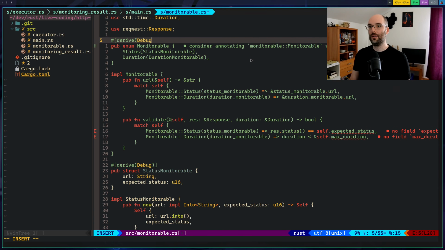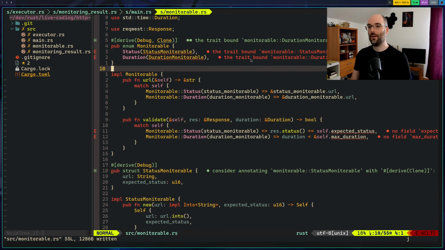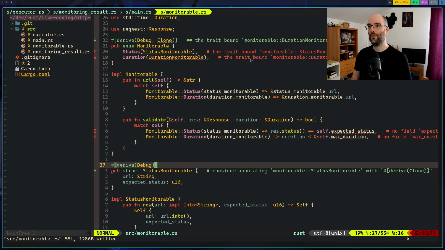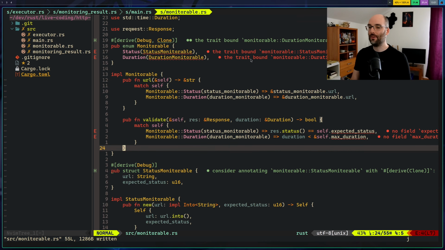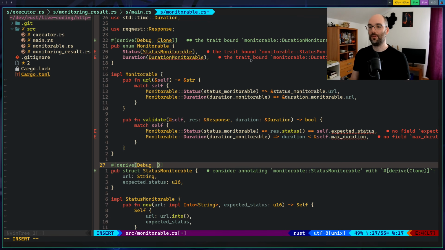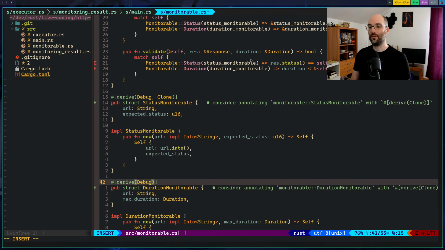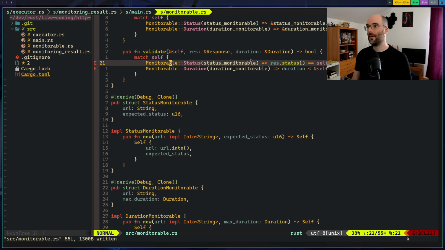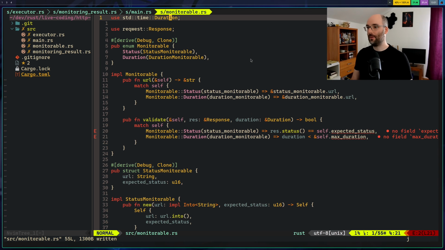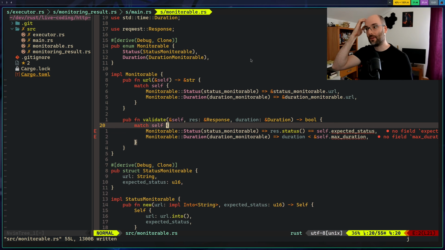So what do we derive here? I think Debug is good. I think Clone should also be derived here. And therefore they'll have... oh, that's the whole Clone thing again. But now it's an enum. Okay. I think that was a problem we had last time, where we couldn't derive Clone because it's not dyn compatible. But this time we can do it because we don't need trait objects at all.